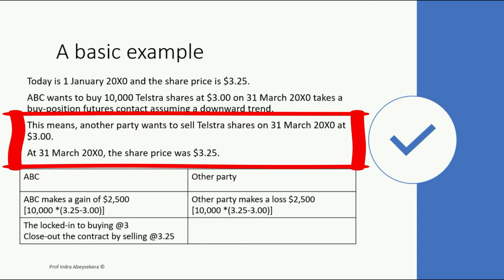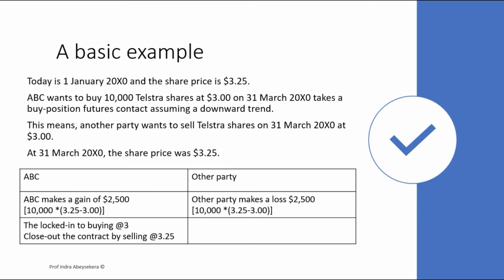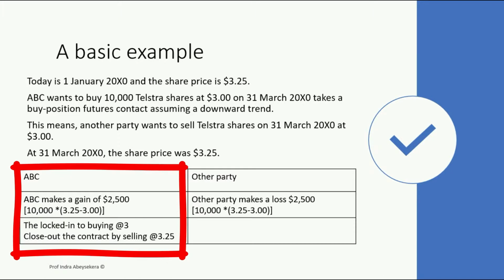So this means in the futures market, there's another party who wants to buy Tesla shares at $3. So ABC was locked in to buying Tesla shares at $3,